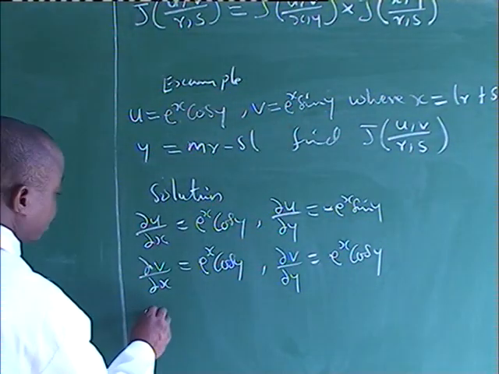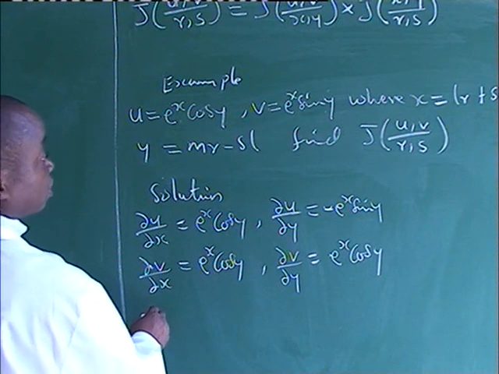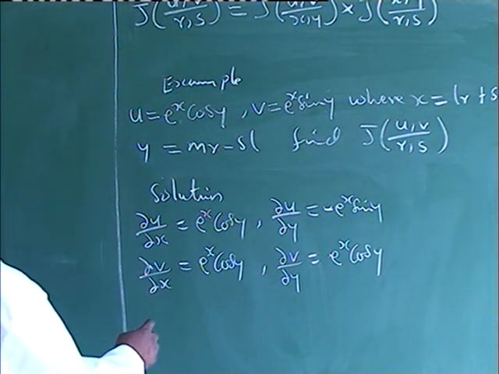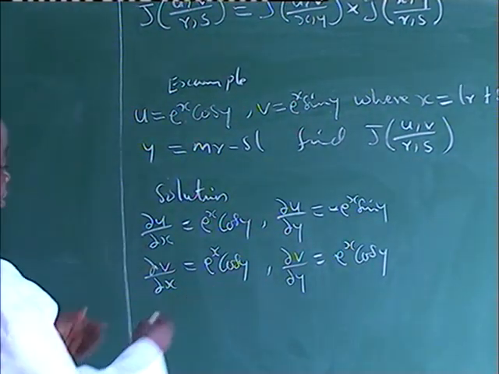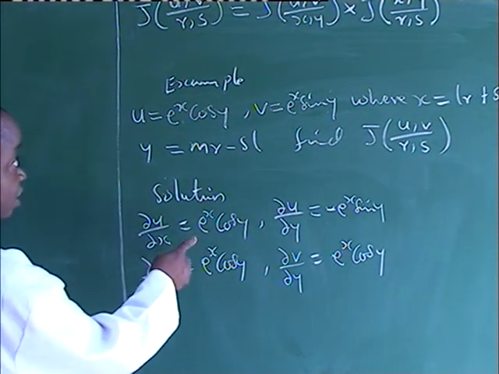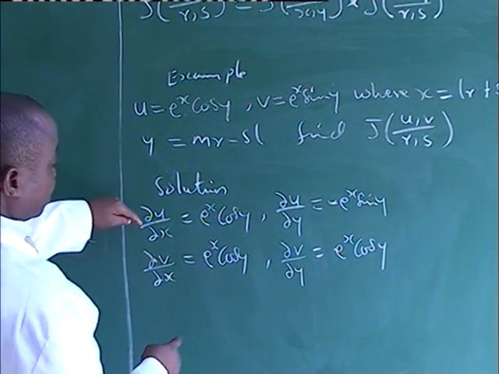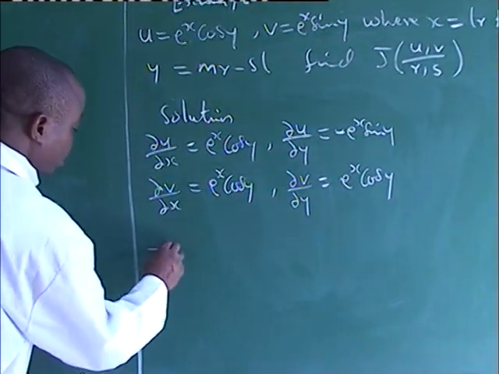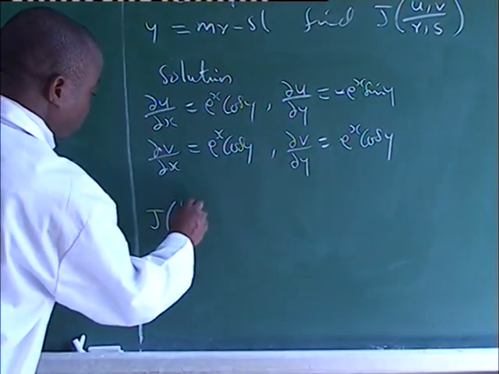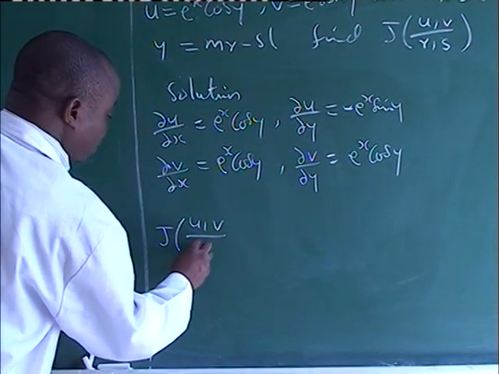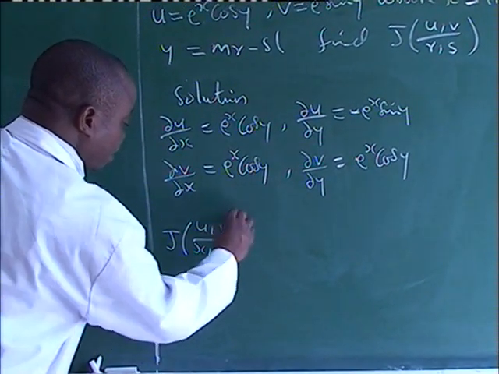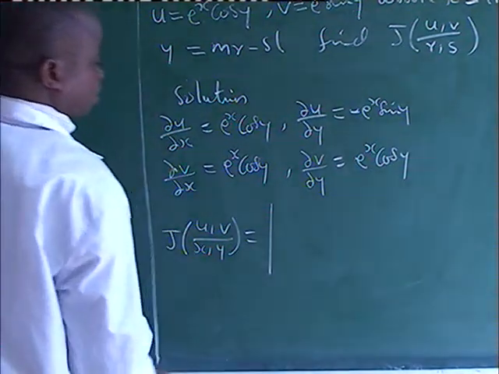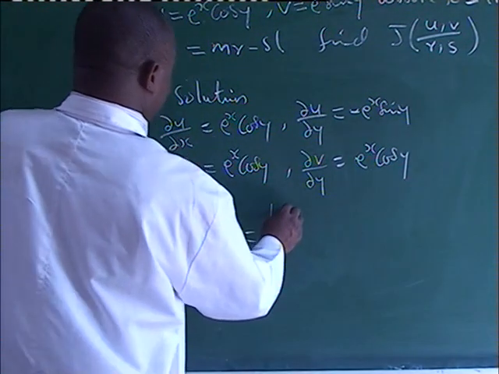Now we look at the Jacobian of this. We know that what we are looking at is the Jacobian of uv with respect to xy. So the Jacobian of uv with respect to x and y will be equal to the second order determinant, which is